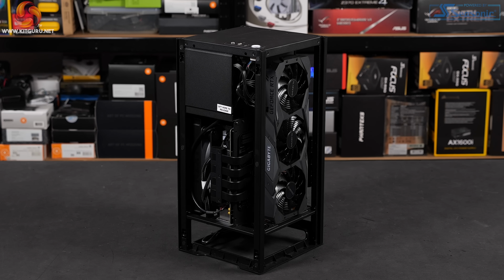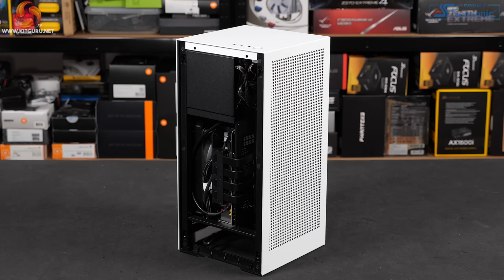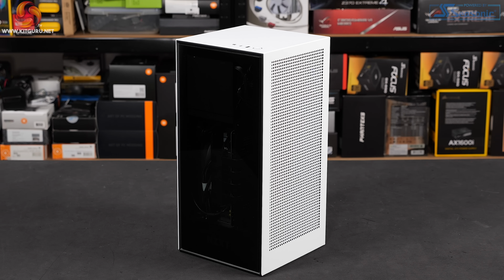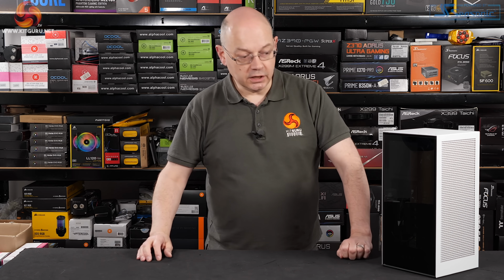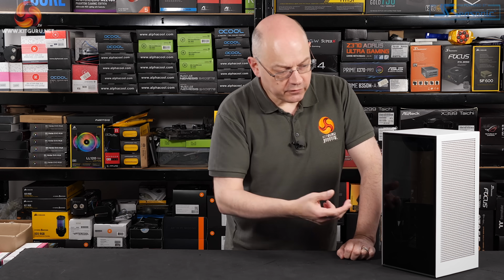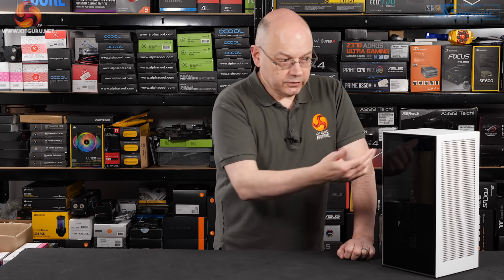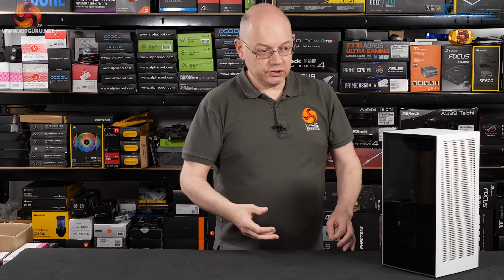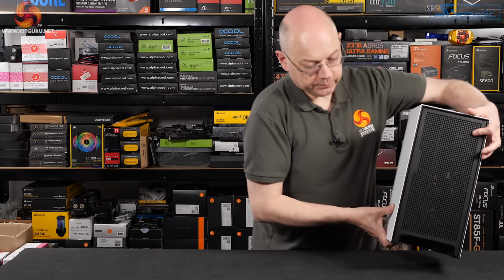We're ready to test the H1, so we slide the main cover into place, remove yet another sticker, clip the two side panels into place, and at this stage in the proceedings, it's reasonable to ask why the H1 has a glass panel. It's heavily tinted. If you look through the glass, apart from that sticker I've removed, you can see the edge of a PCI Express riser. I don't understand why this panel is here to show off nothing, whereas if we flip the case around,